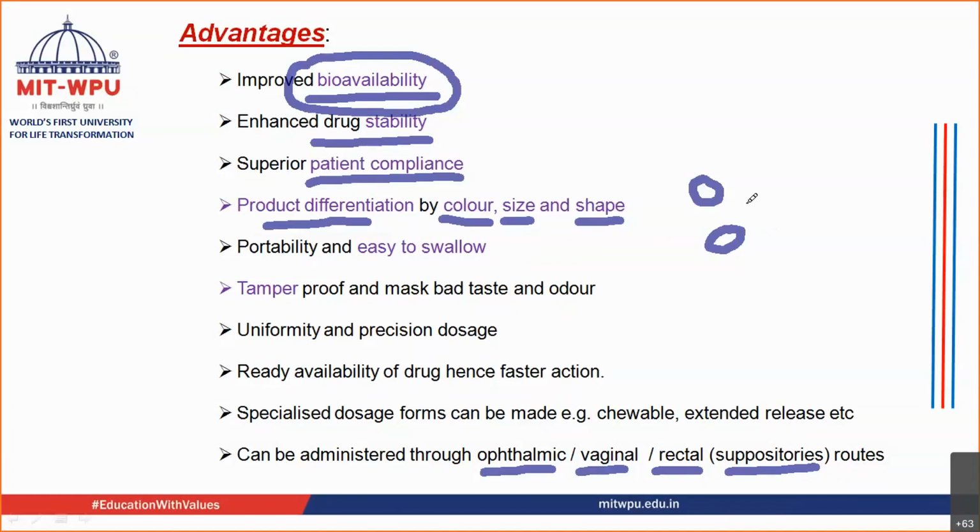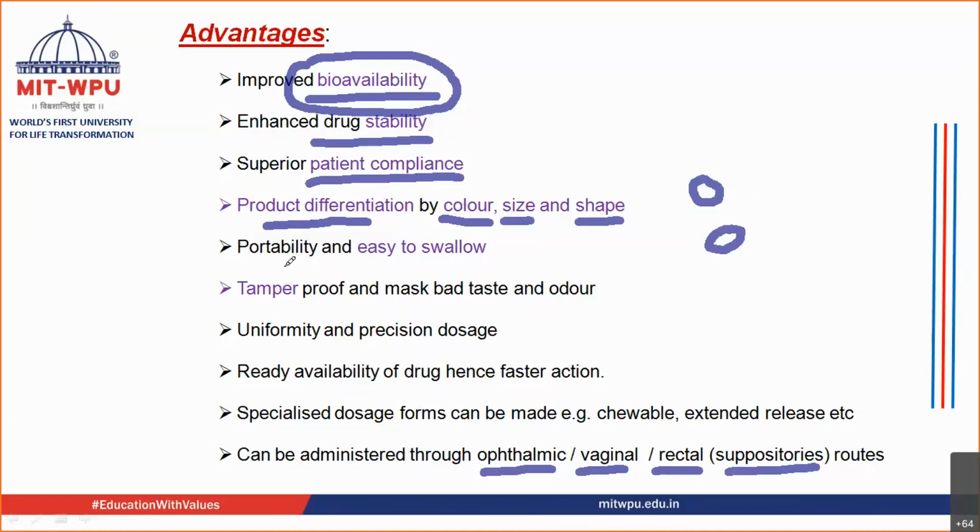If you have used the ophthalmic semi-solid preparation in case of conjunctivitis, those capsules have a peculiar shape. Seeing that shape, you immediately identify that these capsules are used for conjunctivitis. Many of you use vitamin E, isn't it? You must be adding vitamin E into your hair oils, etc. Those vitamin E capsules have a peculiar shape and a peculiar color, and they can be easily identified. So these products can be differentiated with the help of color, size, and shape.